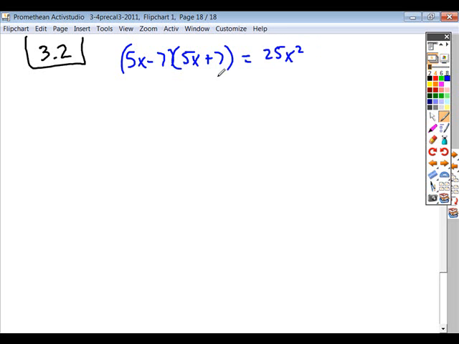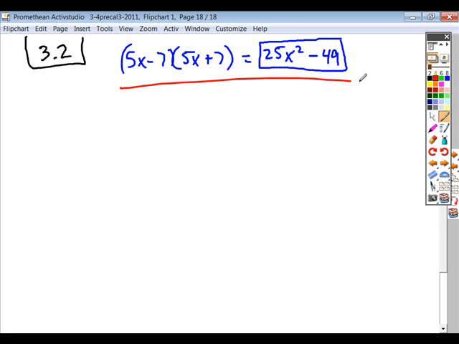And then the second term is going to be negative 7 squared, 49. Okay, so this should be something that is extremely familiar to you, that you can do no problem. You should never have to use a calculator to do this type of a problem. And now, the next type of problem